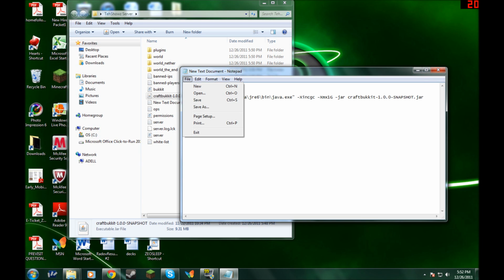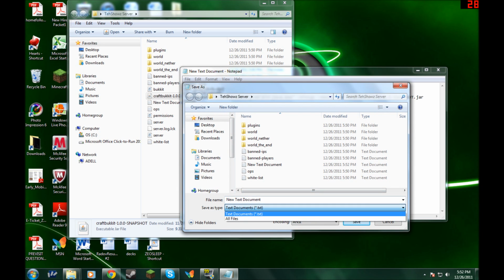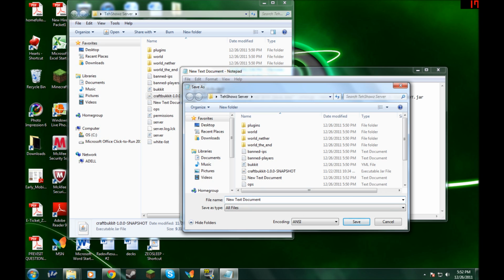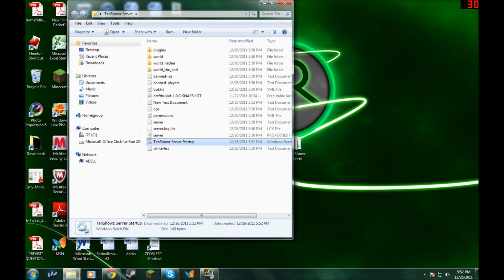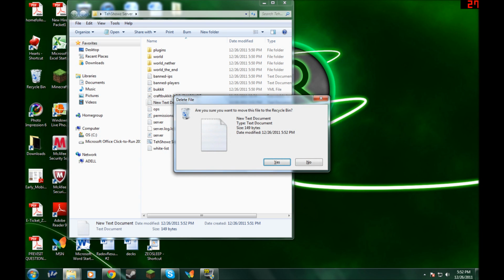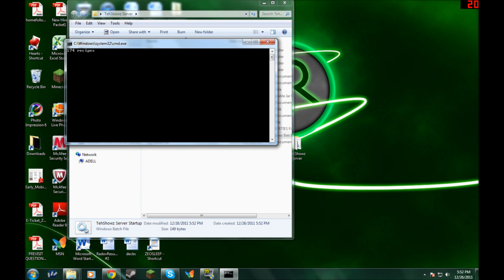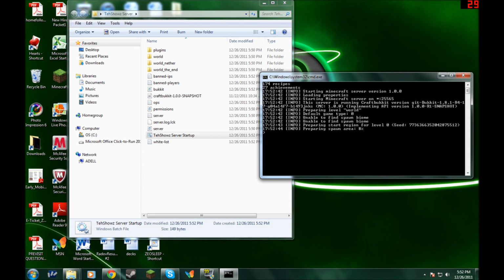And then you want to go File, Save As. And you want to choose All Documents, make it a batch file. To do that, type in .bat. And then just name it whatever you want. I'm going to name it Tesho's server startup. Save, and that'll make a little batch file. Batch file is the little icon with the gears. Then you can just delete your text document, doesn't matter, and double click your batch file,